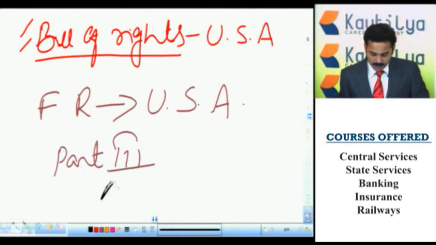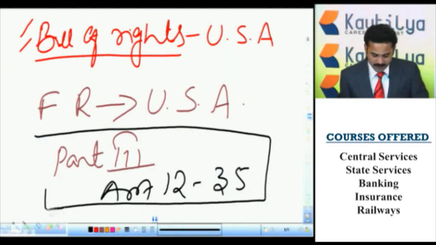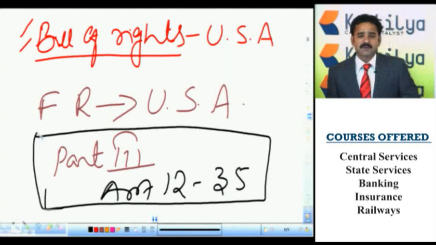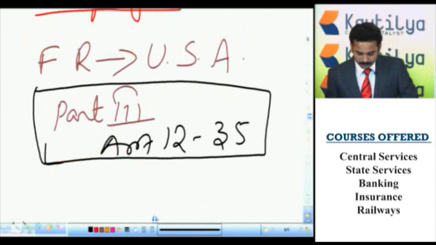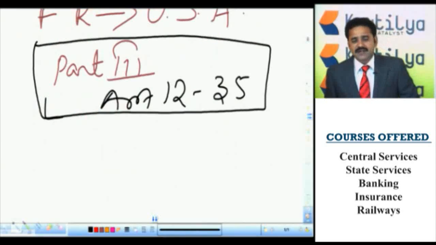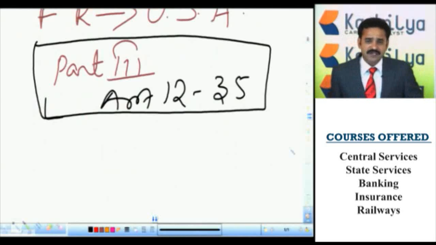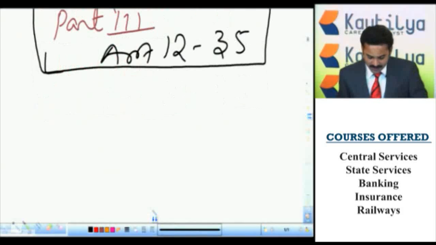under articles 12 to 35. Part 3, Article 12 to Article 35 of the Indian Constitution deals with the fundamental rights. Here the Constitution itself classifies the fundamental rights into 7 groups. This classification was made by the Constitution itself, not by ourselves. The Constitution itself classifies the fundamental rights into 7 groups, namely, first one,